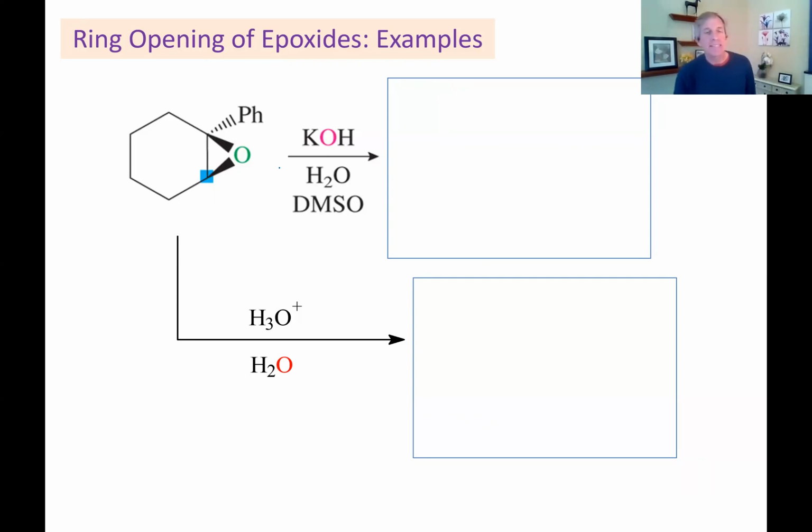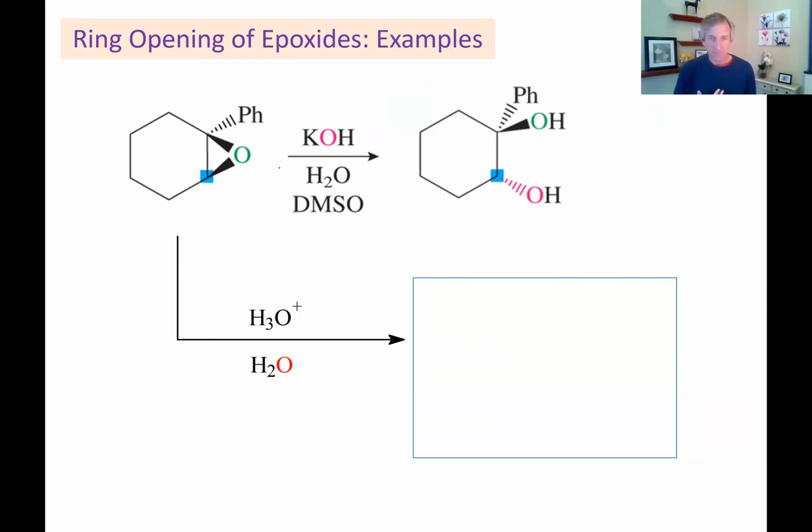Okay. Did you come up with these answers? This is going to take place, and notice I color-coded the oxygen so you can see which oxygen ended up on which carbon. This is a strong base, good nucleophile OH-. So notice it's attacking the least substituted carbon, the secondary carbon. And the epoxide opens up and ends up becoming an OH group on the more substituted carbon, this tertiary benzylic